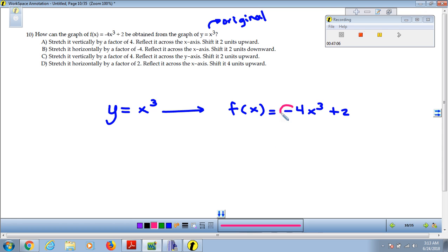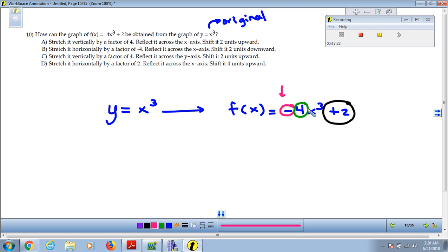This negative has a certain meaning. This 4 has another meaning. And this 2 also has a certain meaning. Okay? So, what's the meaning of this? This is talking about section 2.5 transformations. So, this negative, when I have a negative